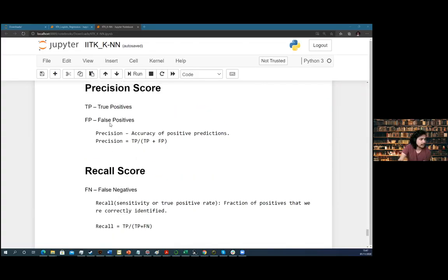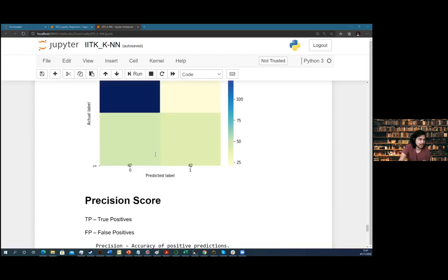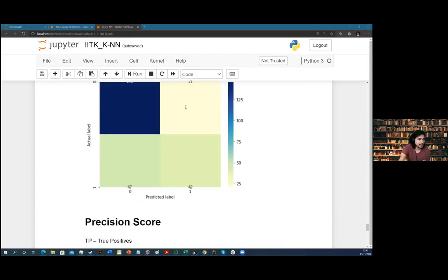Precision score, then you have the recall score, and recall score involves the false negative. Recall is true positive divided by true positive plus false negative. So recall would be true